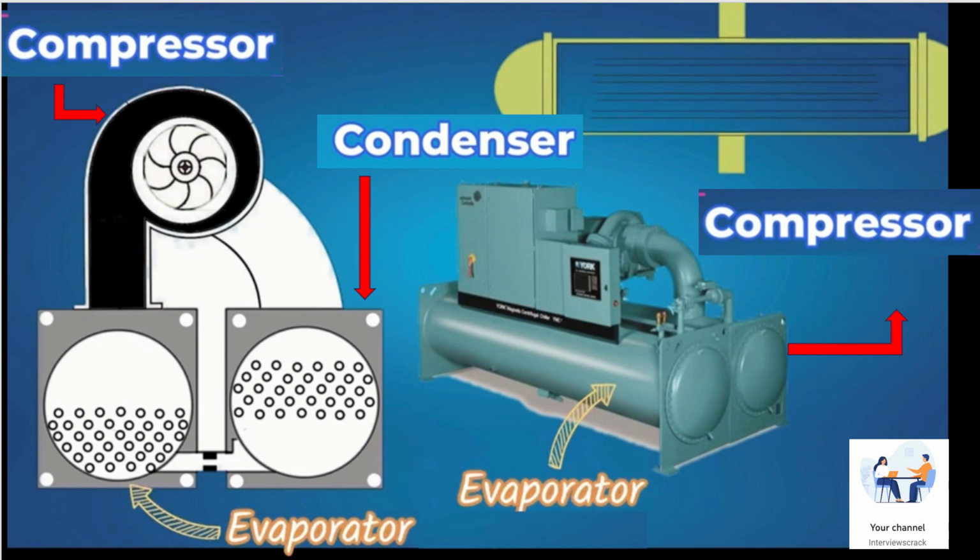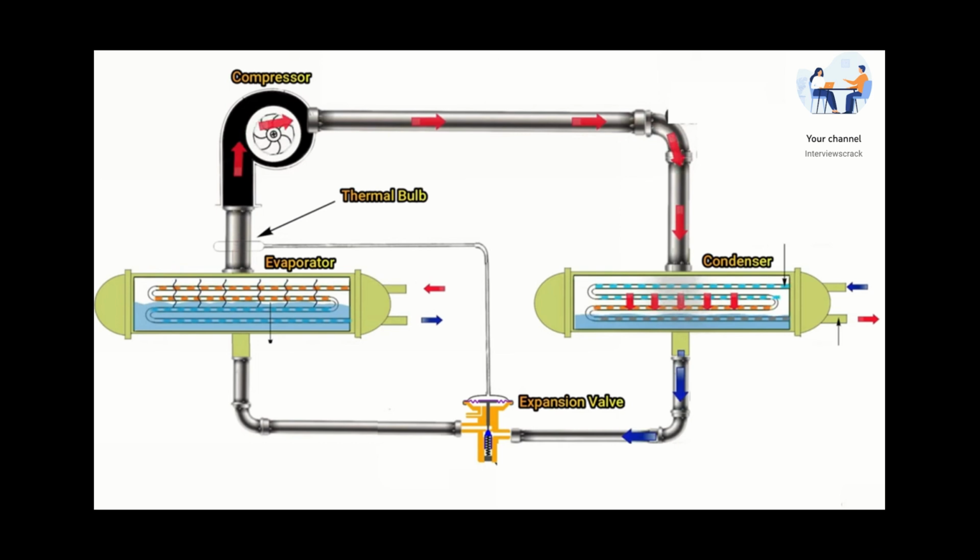By photograph we can see there are evaporator, compressor and condensers. There are basically four main components of the chiller: evaporator, compressor, condenser and expansion valve. As the name explains, in the evaporator the refrigerant is changing its phase from liquid to gaseous form. Evaporation happens in this phase. So the evaporator is doing the phase change from liquid to gaseous form, and the compressor is taking the refrigerant and pushing